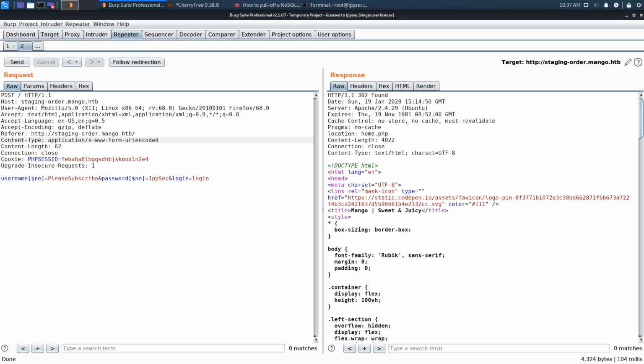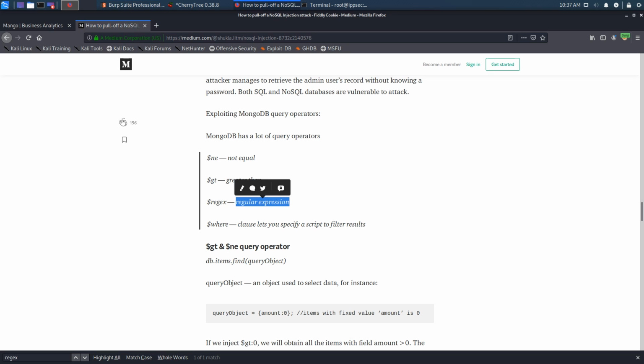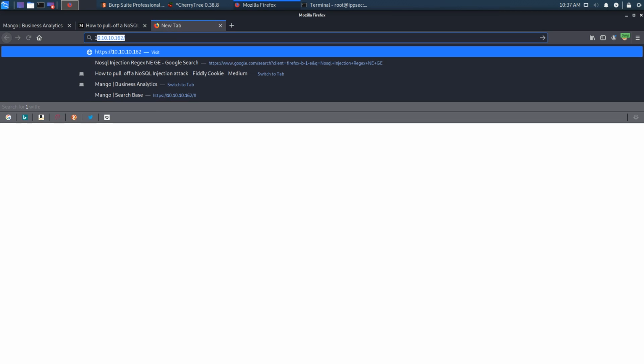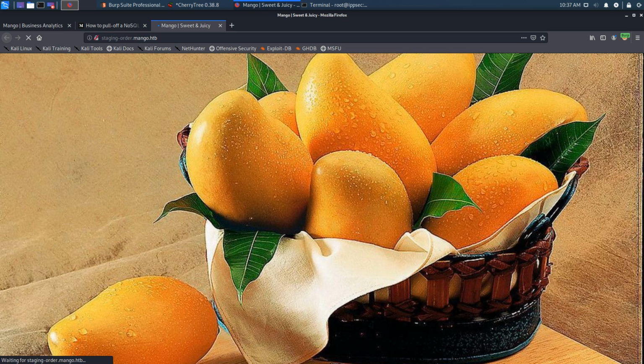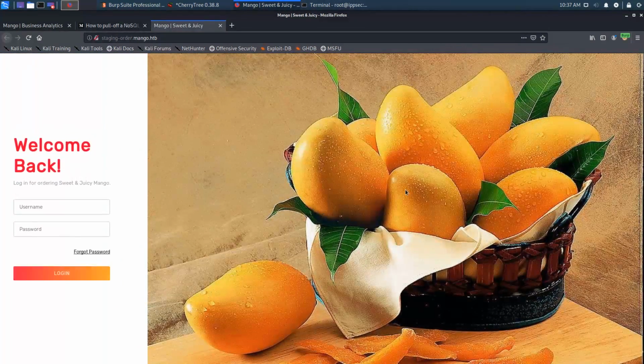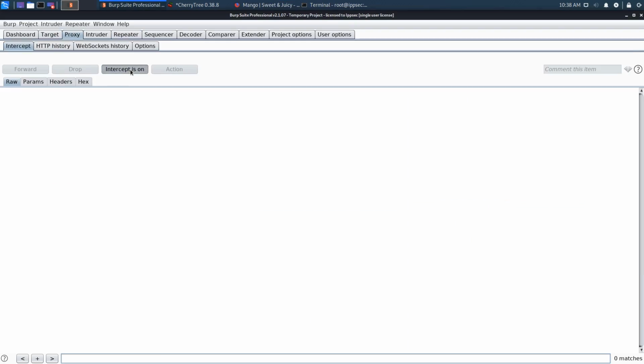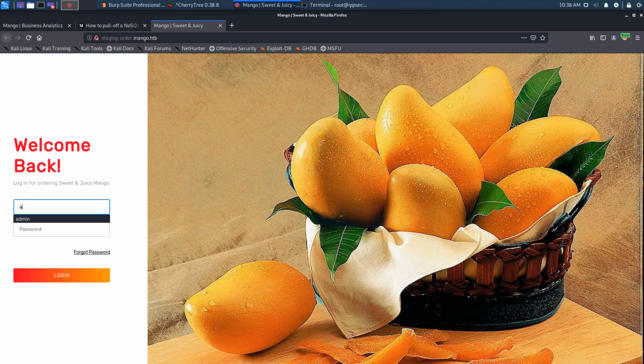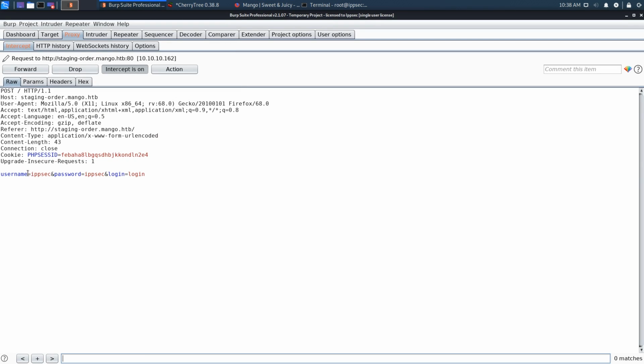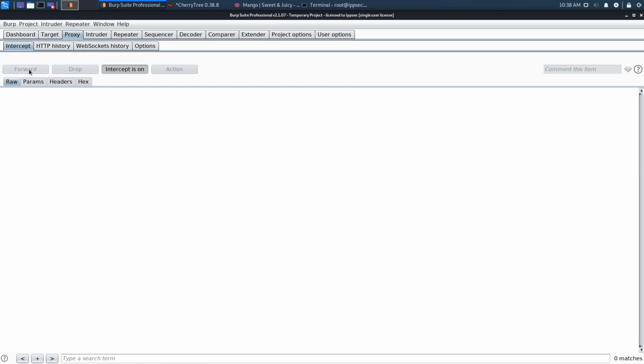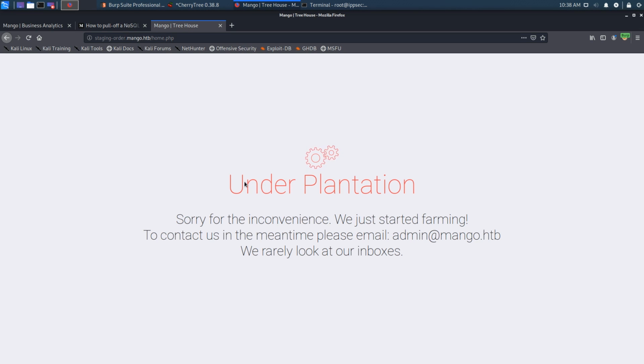And now let's just send this data to the web server and see what happens upon a valid login. So let's go back to staging mongo.htb, turn intercept on. So go to proxy, intercept is on. Try logging in with IPsec, click login, and we'll change this to be not equal to IPsec, and password is not equal to IPsec. For this request, we get the redirect, and we just get a page that says